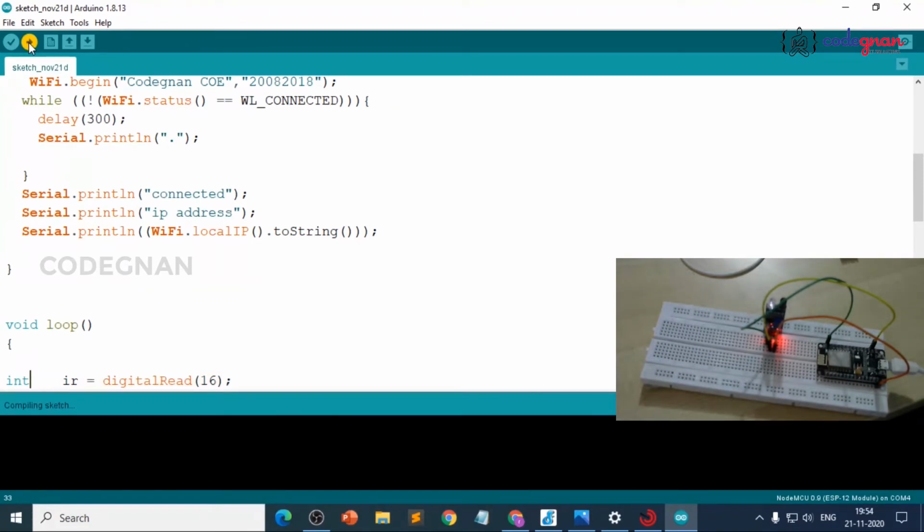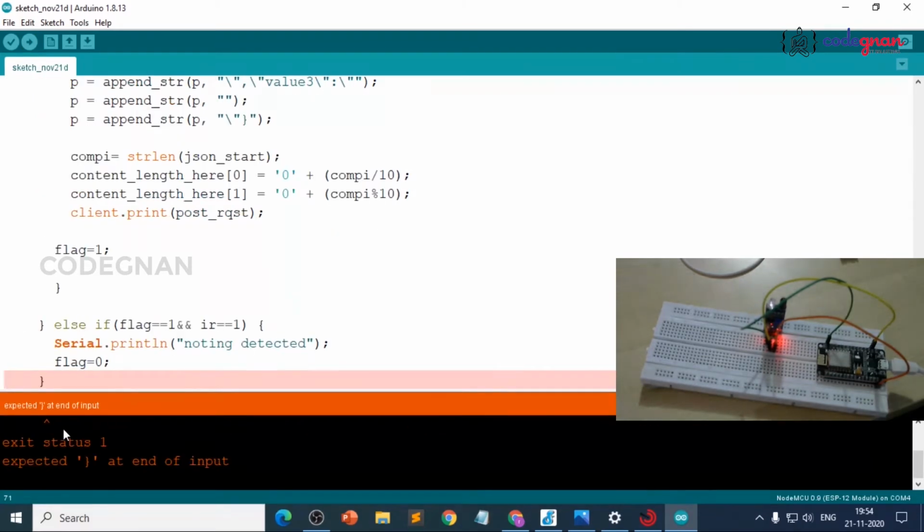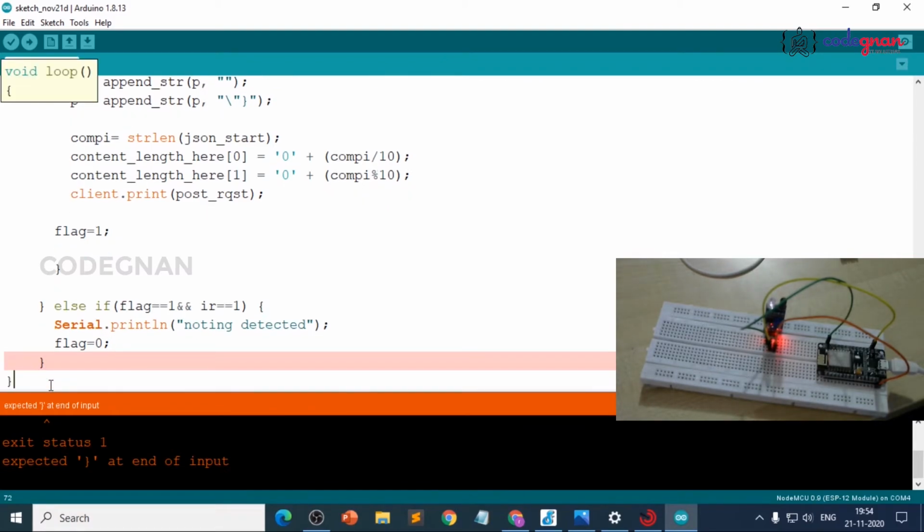So upload the code again. If you have any errors, it will throw an error here, so we can modify it before dumping the code. So this is another error. Okay, need to close here. Yeah, now it's fine. Dump the code.